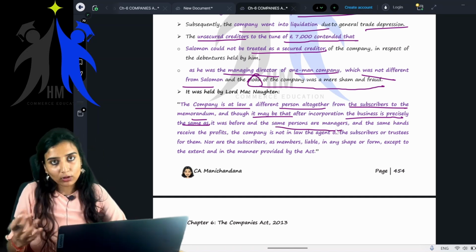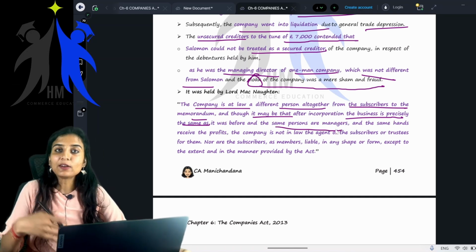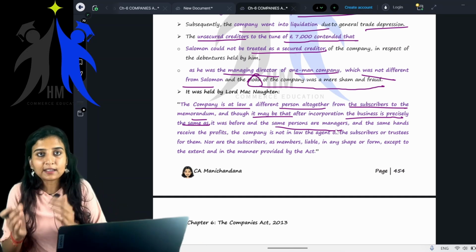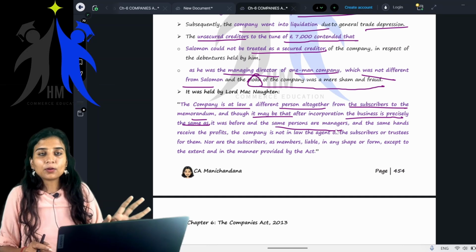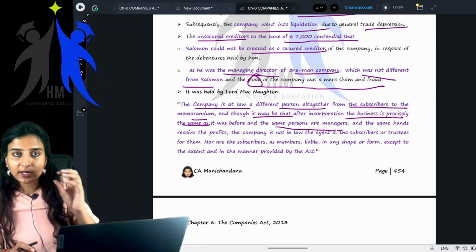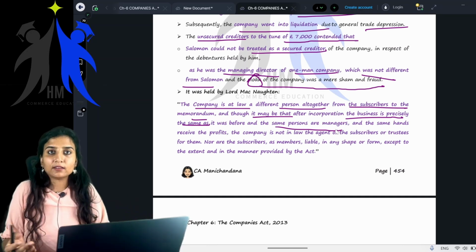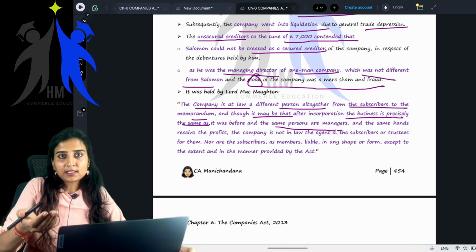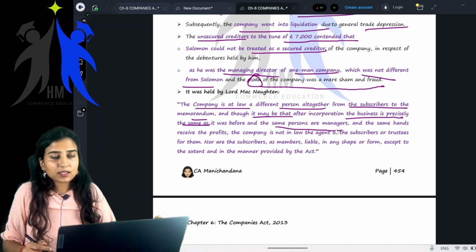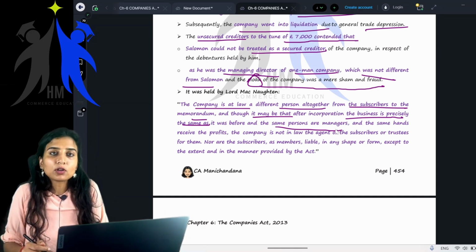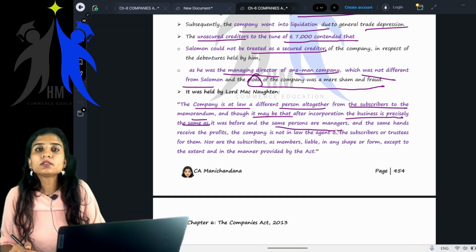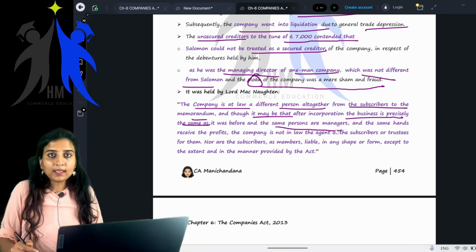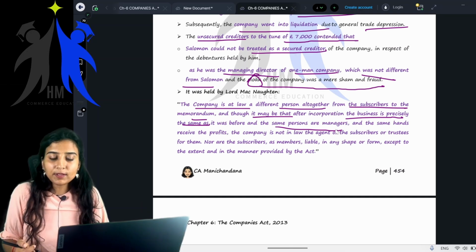See, shareholders can also be managers. The management can also be different. It can also be the same. The owners can also run the business. You cannot say owners cannot run the business. If you are capable enough, yes, you can anytime. For example, Infosys, Mr. Narayana Murthy, he was the founder. He was also the director. Now he is not, that is a different thing. He was the founder, he was also the director, he was also owning, he was also managing the business, right?